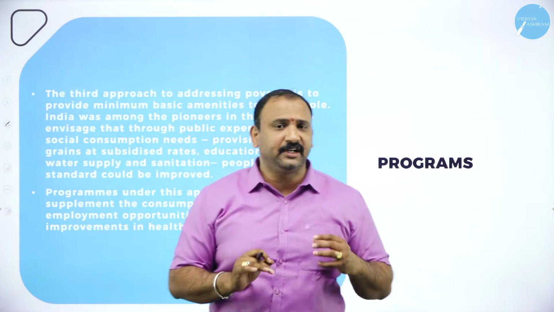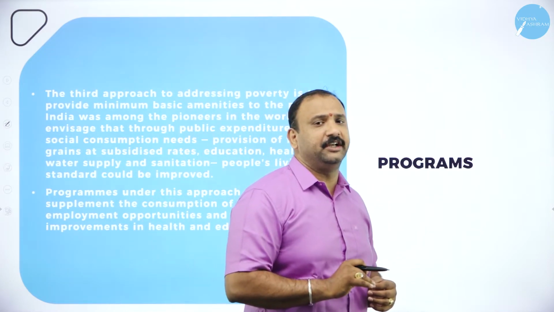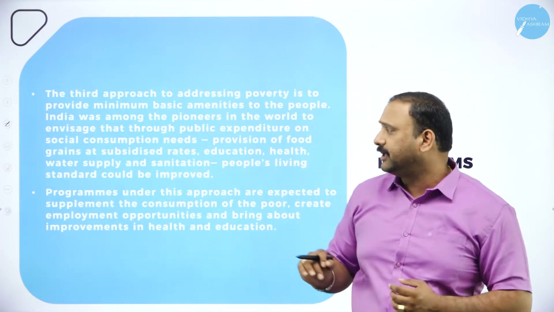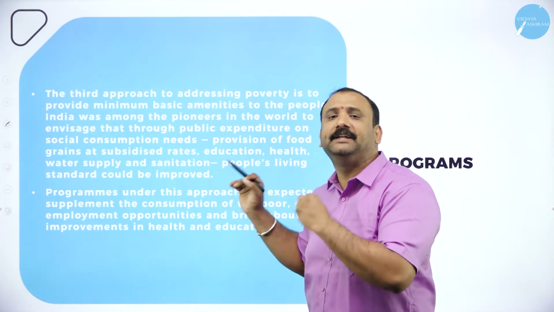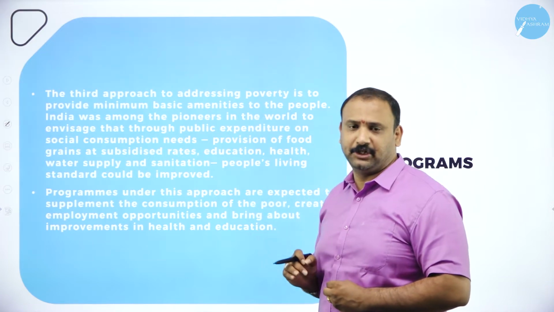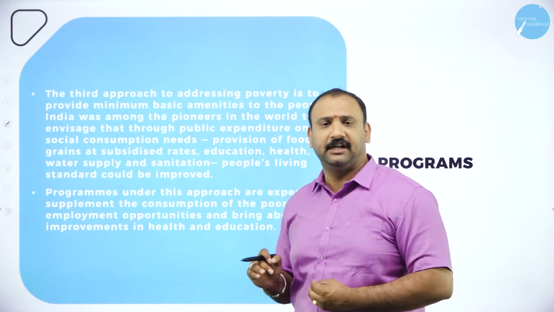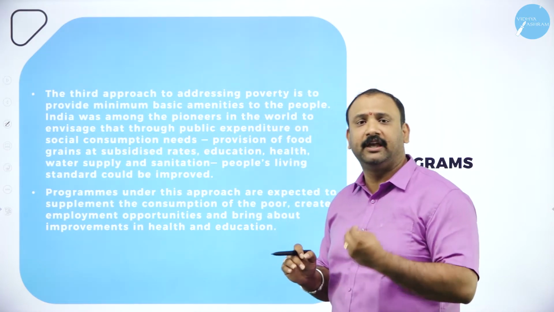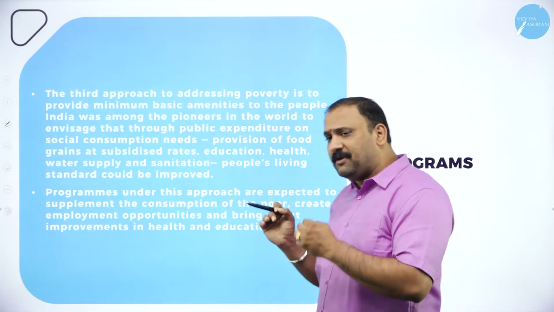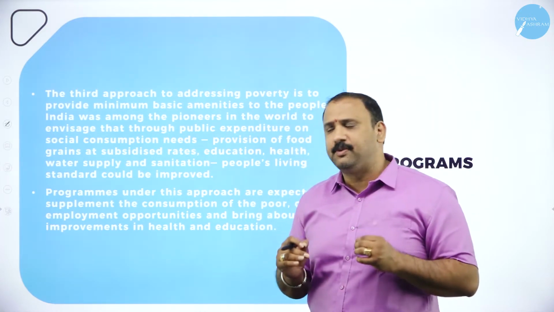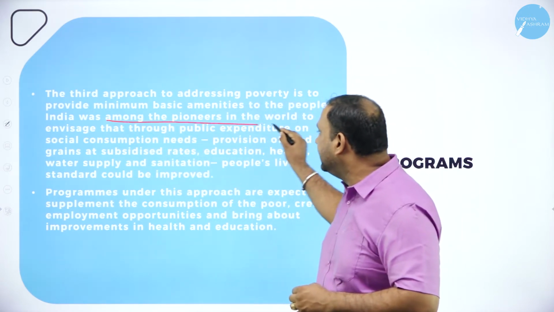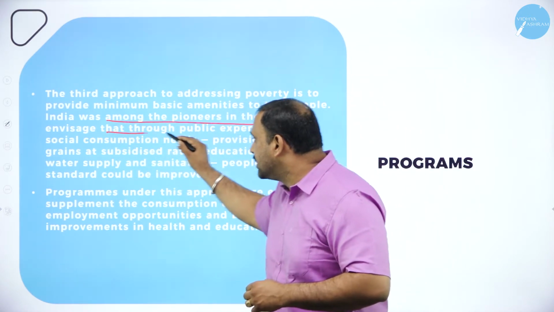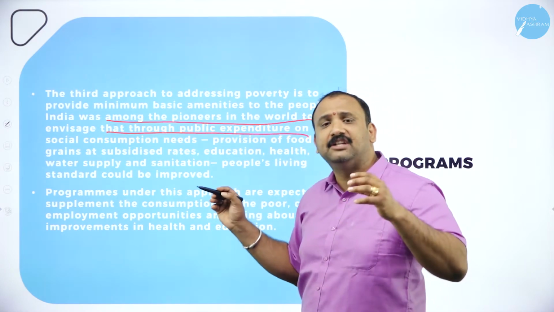The next one, the third approach that we are going to see in terms of our programs altogether, is that we started addressing the minimum amenities that are needed for a person to live. It might be in terms of shelter, clothing, or food. We understood this very, very clearly. That is why India was among the pioneers in the world to envisage through the public expenditure and social